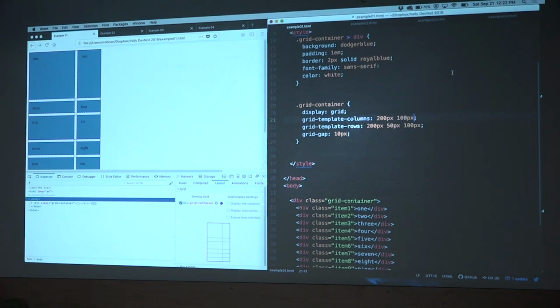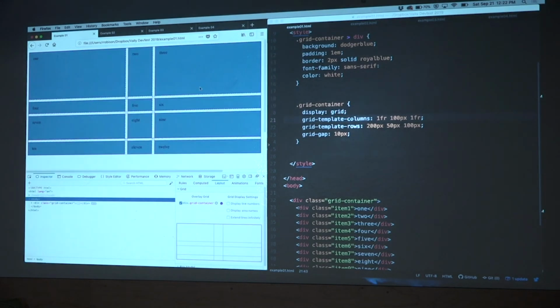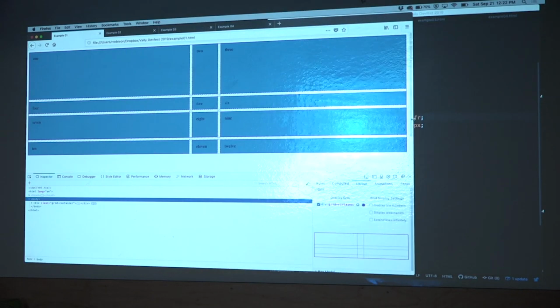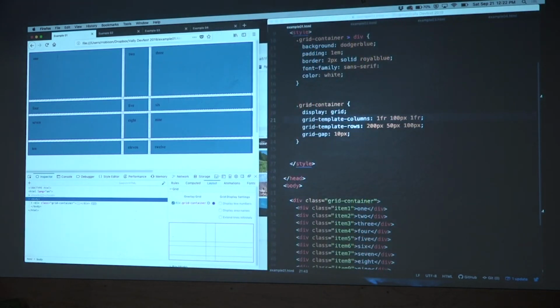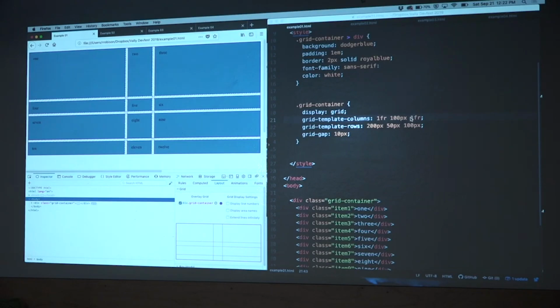So I'm going to say 1fr, 100 pixels, 1fr, save, and go over here, refresh. So I've got my 100 pixels, and then it's kind of like margin auto in a way, but even cooler because you can do like 3fr and 2fr and create sort of ratios like that, I'll show you. And you can see that the 100 pixels stay the same and the rest of them divide up the space evenly. But let's say I did something like